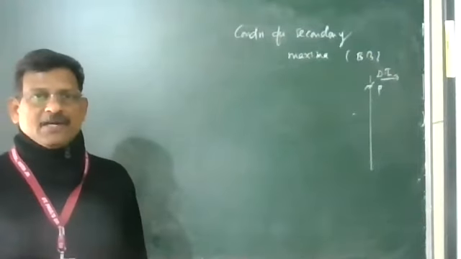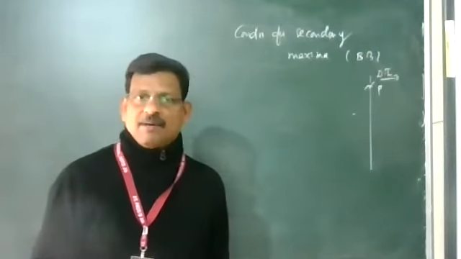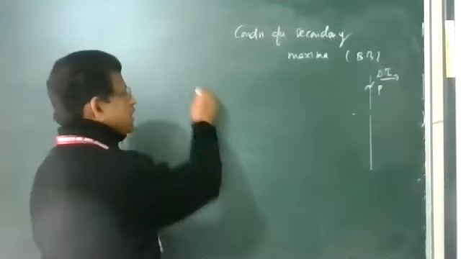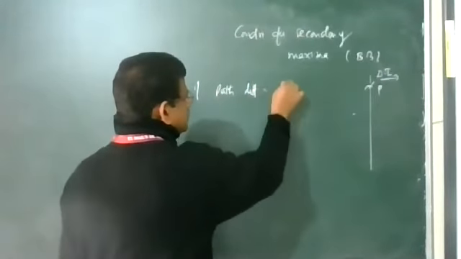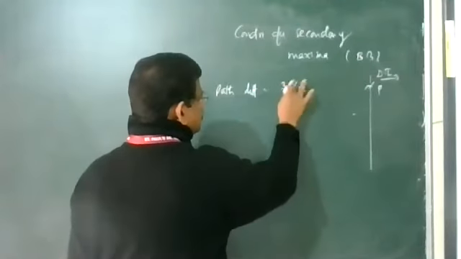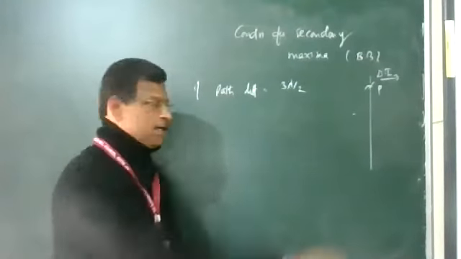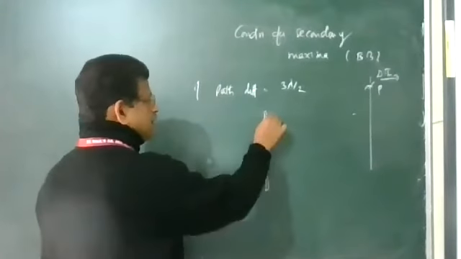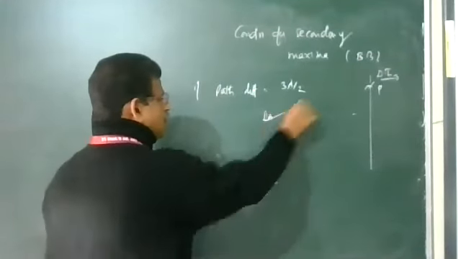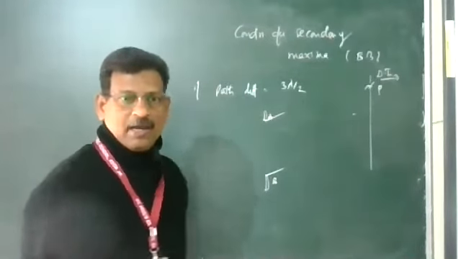So we have taken lambda, 2 lambda, 3 lambda, 4 lambda. So we start with 3 lambda by 2. No lambda by 2 existing, 3 lambda by 2. We start with the path difference of 3 lambda by 2. Then what will happen to the point P? You see, these are the slits A and B. One wavelet from A, another from B, reach the point P with the path difference 3 lambda by 2.